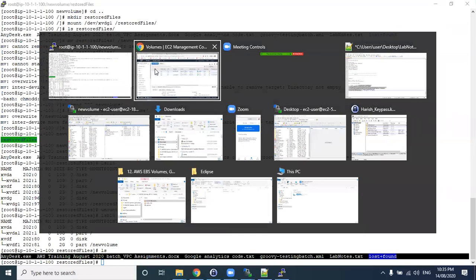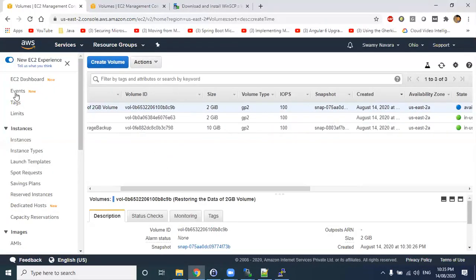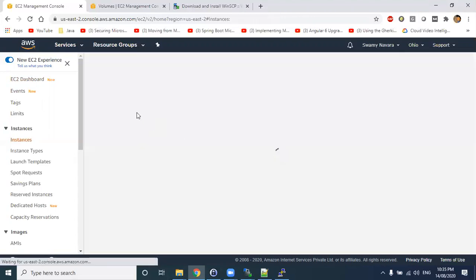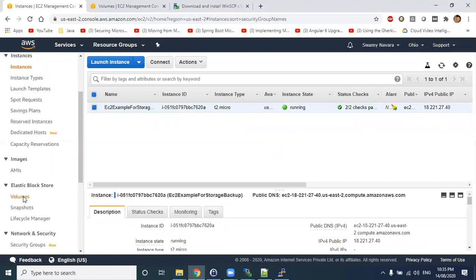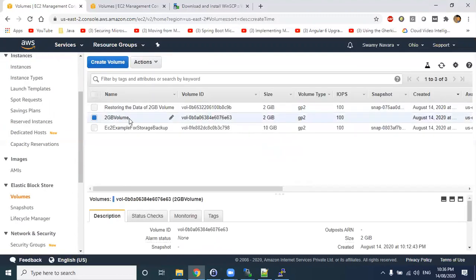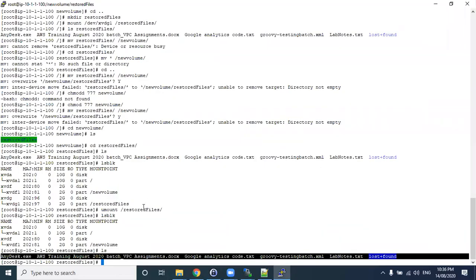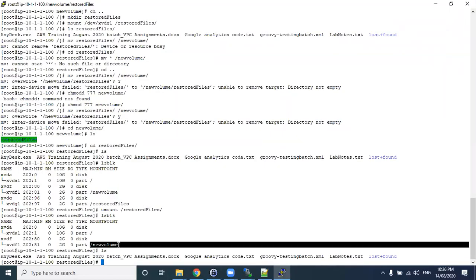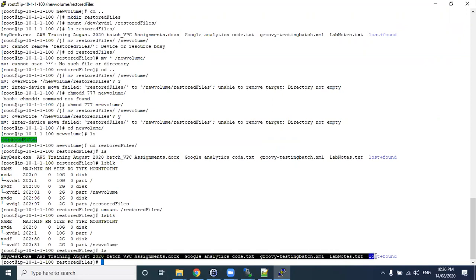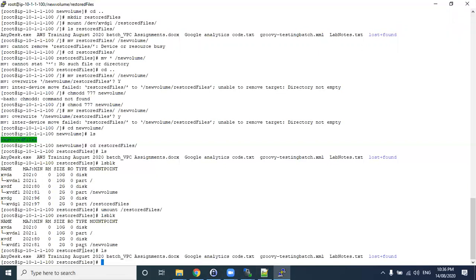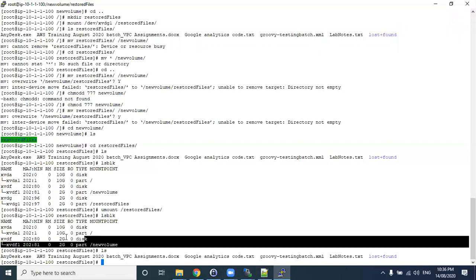Let me give a quick recap of what we have done. We spun up an EC2 machine with a 10 GB default volume. Later you added a 2 GB volume. In this 2 GB volume, you created a new volume folder after mounting and partitioning. In this new volume, we added a few files from my Windows machine. It can be any data. For example, I quickly moved 5 files using WinSCP. Now these files are available in this particular volume.